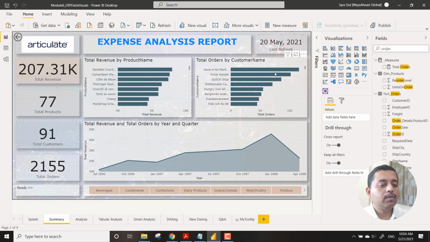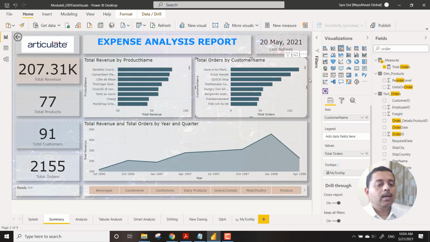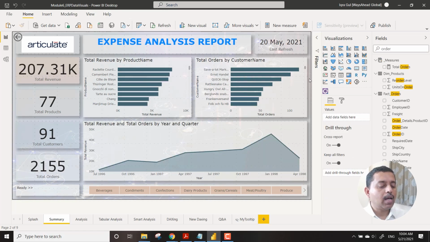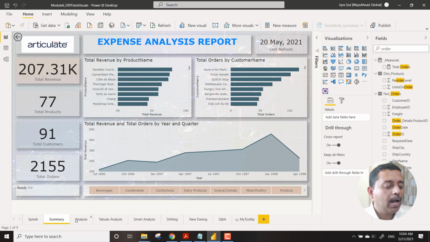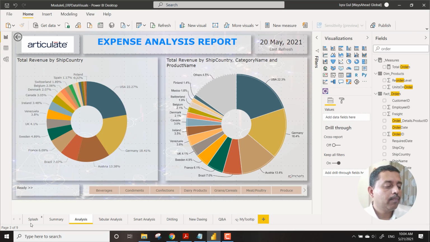Now what happens is if you first take your cursor and click on quick stops, you will see that none of them are changing. It is not changing over here, and you can see that quick stops have got these products over here. So the visuals are in place and the tooltips are also in place. Now we know how to bring in the tooltips and how to bring in these details over here.